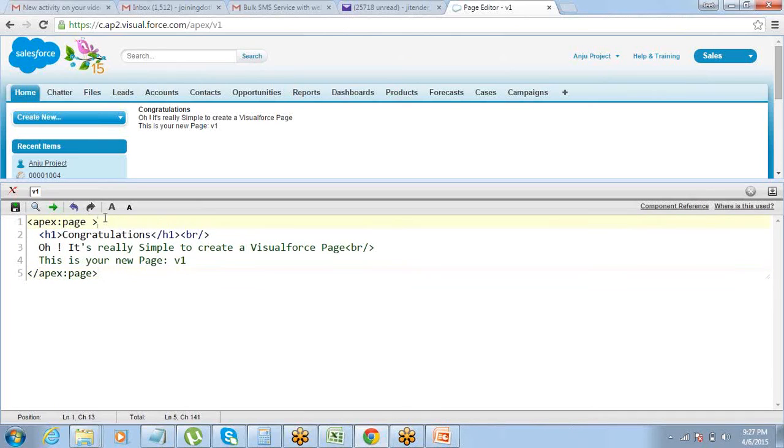Your page starts here, your page ends here. Whatever you want to put in the page should come within this. So it's manual work in short. You have to write the entire code of the page within this, like HTML. This helps the Visualforce page understand that this is my boundary. Nothing beyond it, nothing before it.